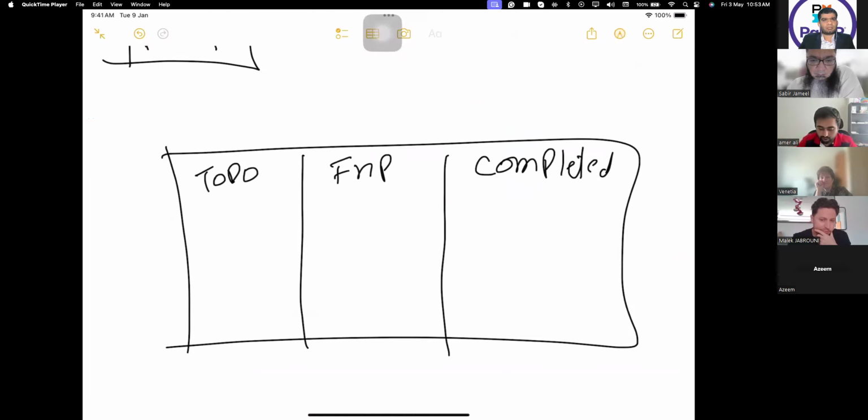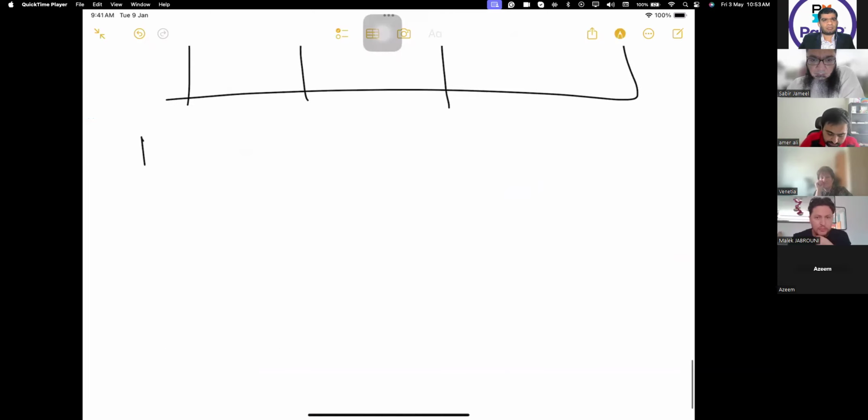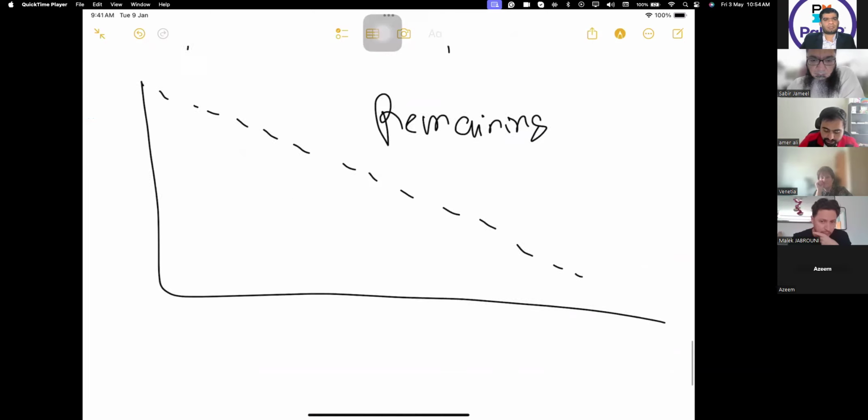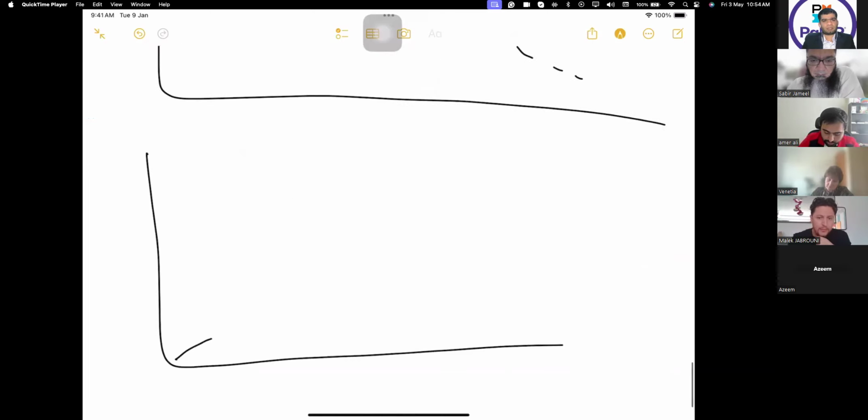Or some organizations use a burn up or burn down chart. A burn down chart shows how much work is remaining, right? And a burn up chart shows how much work you have done. For example, Malik will be thinking how much of my application is remaining.